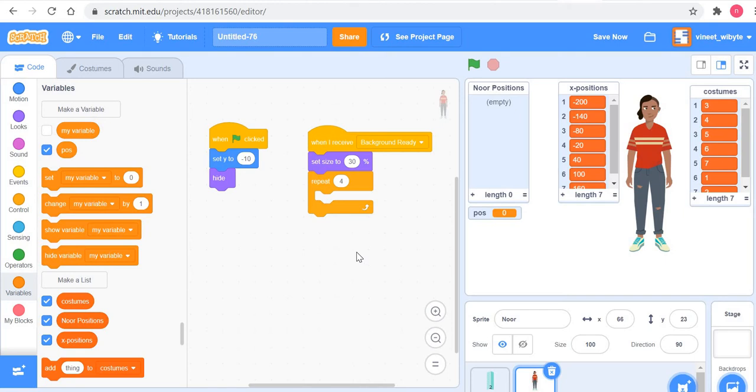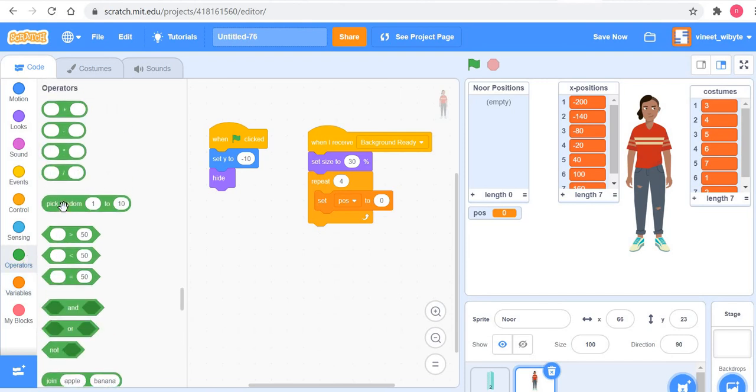I am going to tell Noor, look, Noor, please pick a random position every time you want to go to a building. However, that random position must be between 1 to 7, because there are only 7 buildings that I have. How do I do that in a systematic manner, right? So I'm going to say, Noor, repeat 4 times, set POS to operators, pick random 1 to,